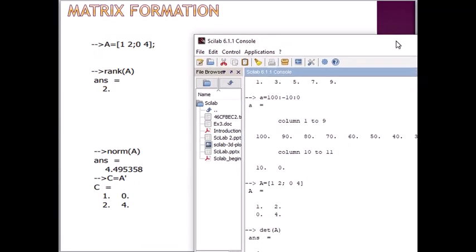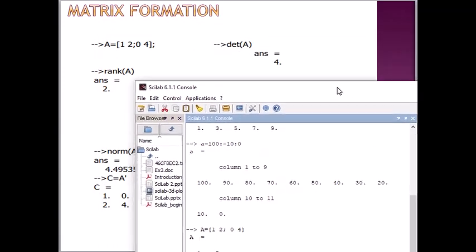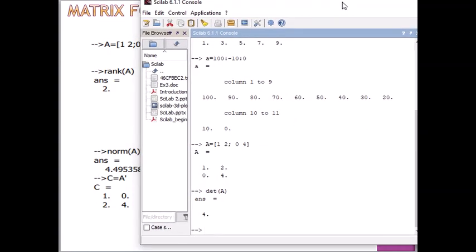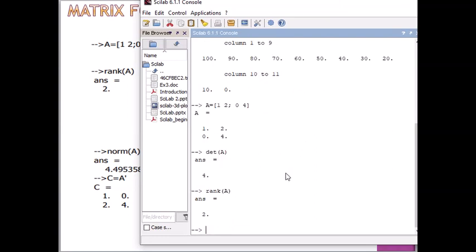It means that we are going in the correct direction, right? And if we need to know the rank of our matrix A, then we type RANK, rank of capital A, and we get the rank of 2, right?